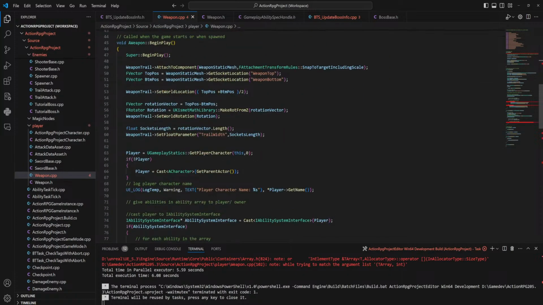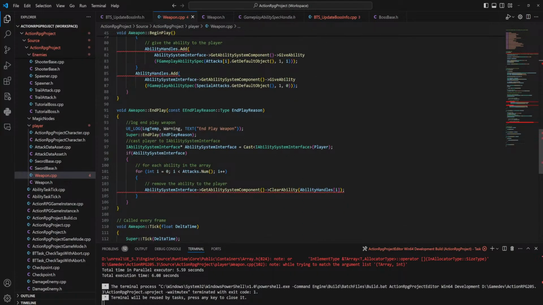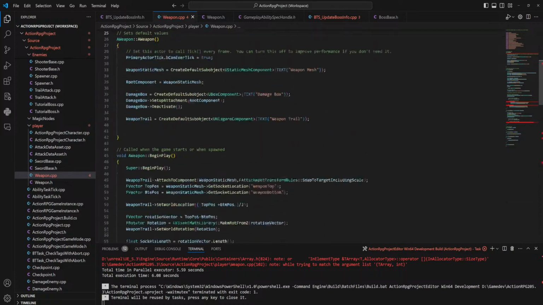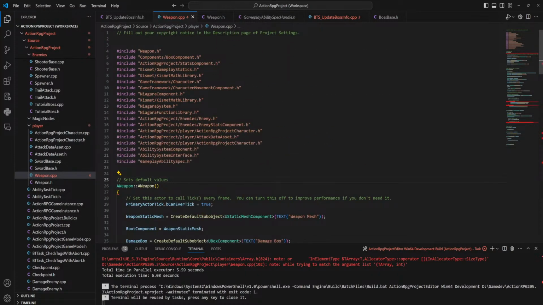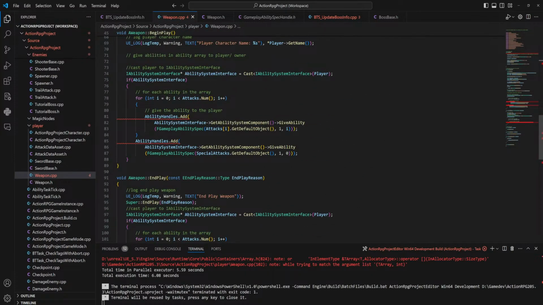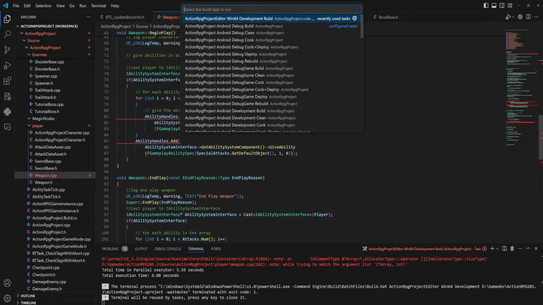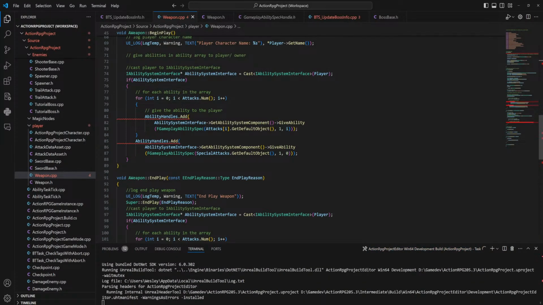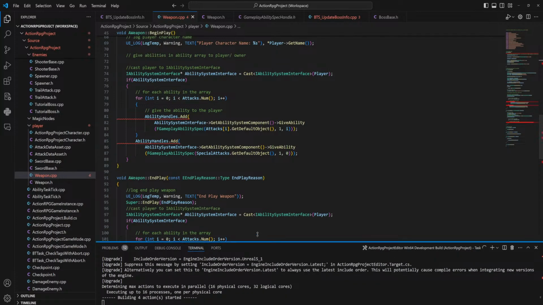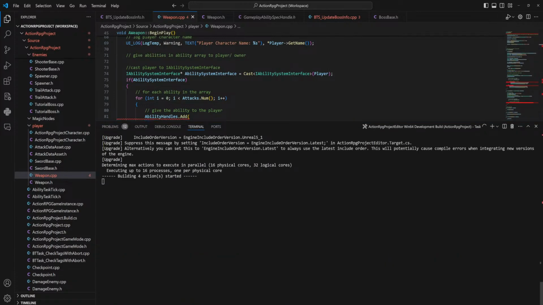I think this has a pragma once, right? No, I don't care. Let's see if it throws any different errors now. Probably won't.